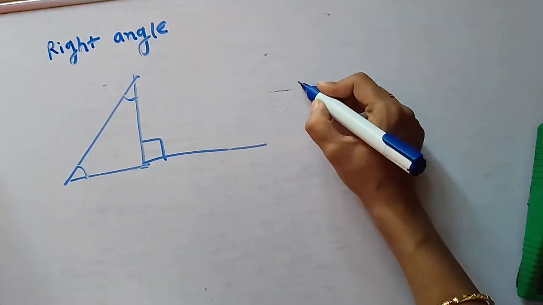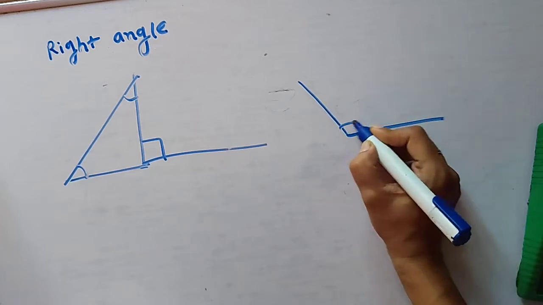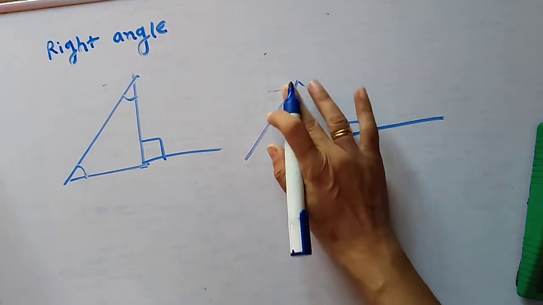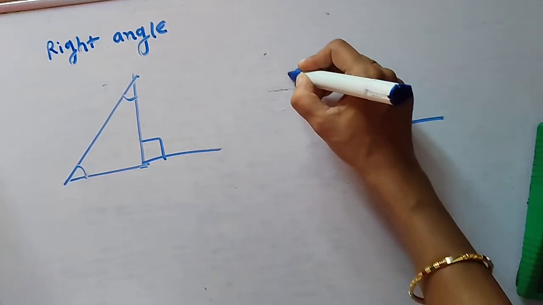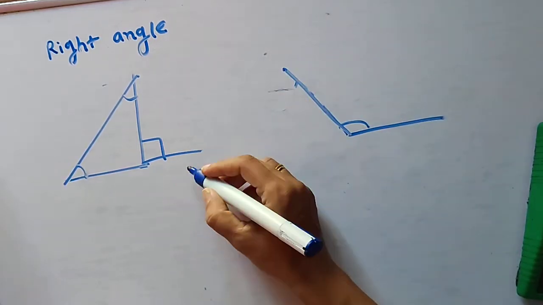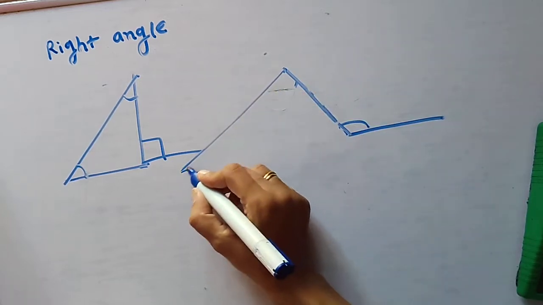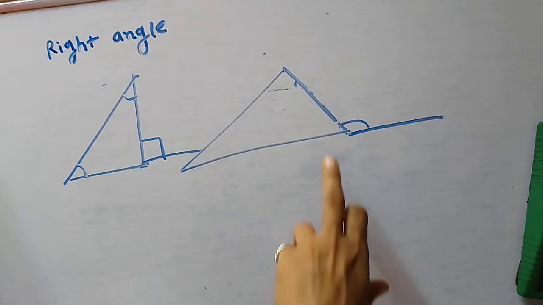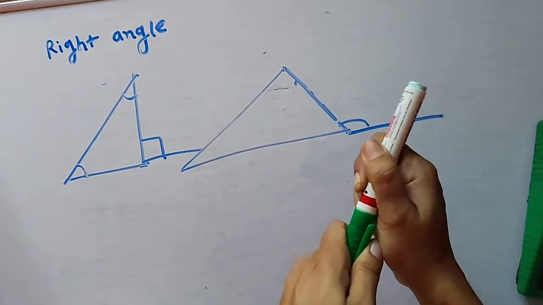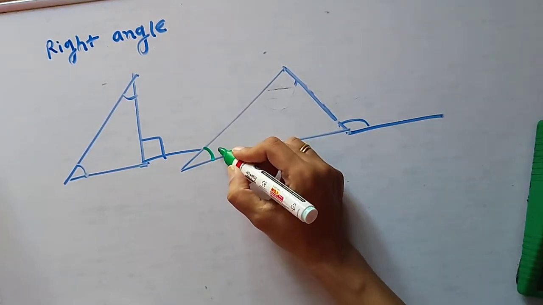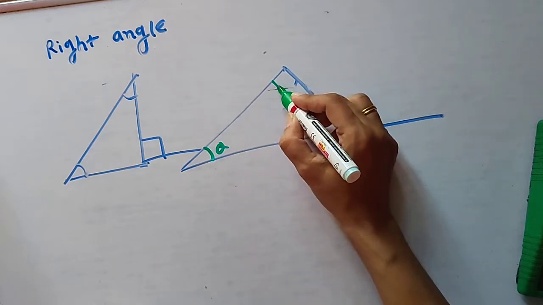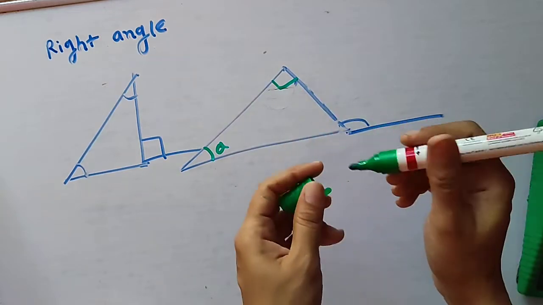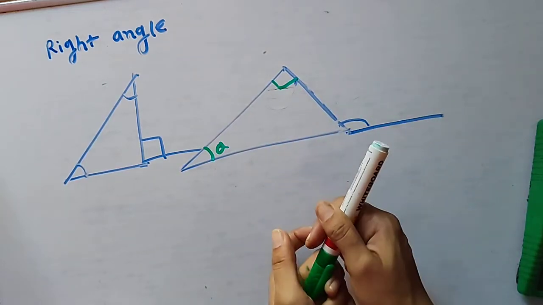Now if the exterior angle is an obtuse angle, see in this figure, this exterior angle is obtuse. So here at least one of the interior angles is acute. The other can be 90 degrees or also obtuse. So at least one of the interior angles is an acute angle.